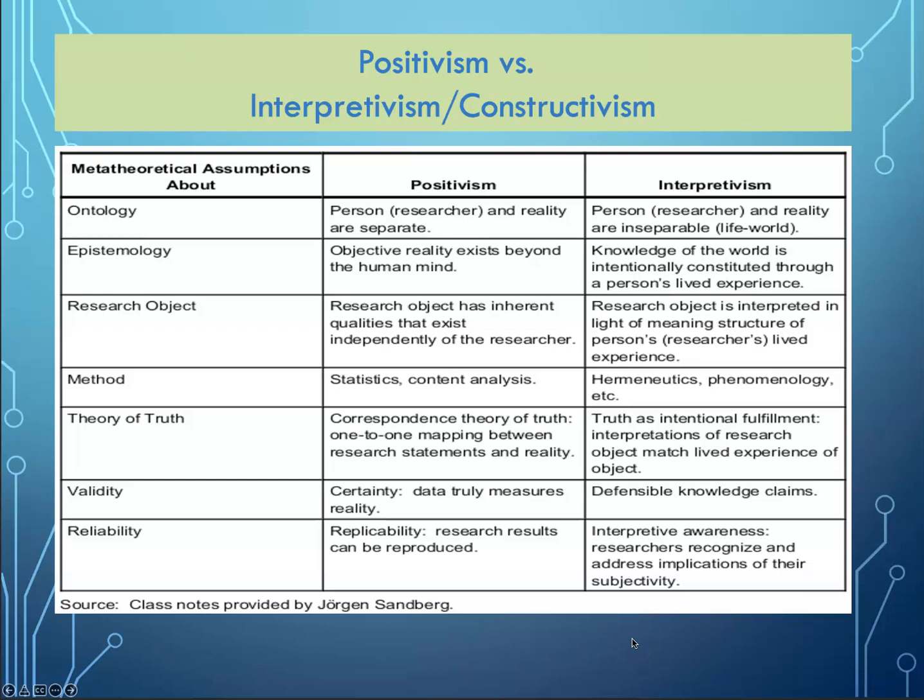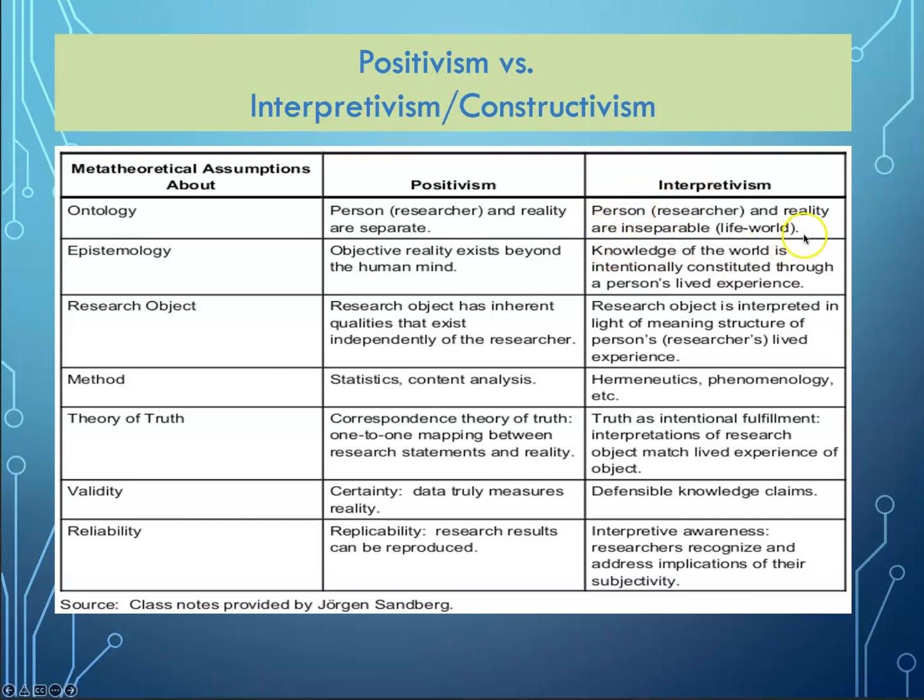How can we compare these notions of positivism and interpretivism, constructivism? And by the way, I'll send these charts to you so we don't have to spend a huge amount of time on them, but just to compare a little bit. So let's take two or three categories. First of all, in terms of the ontology, in positivism, the researcher and reality are separate. They have to be separate in order for what's being studied to be studied objectively. So the researcher has to be separate from the object being studied.